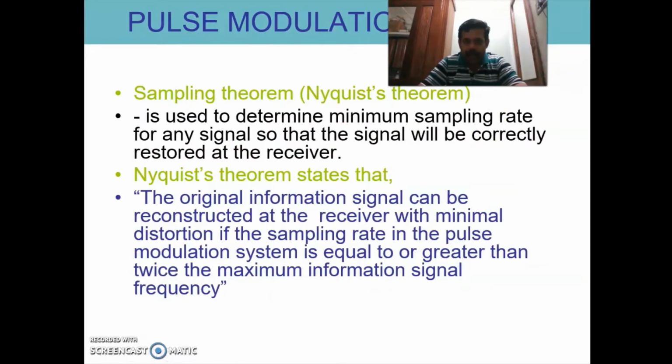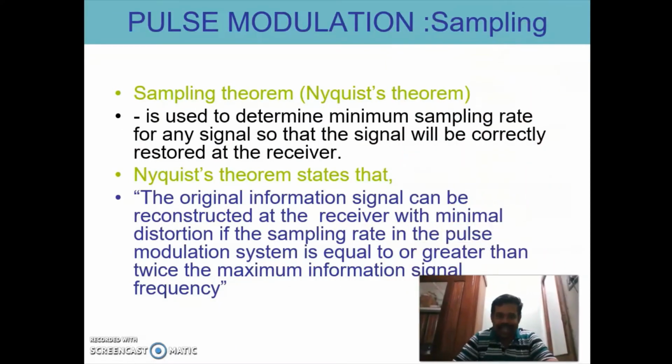Now we are going to see what the Nyquist theorem is. The Nyquist sampling theorem is used to determine the minimum sampling rate for any signal so that the signal will be correctly restored at the receiver. So what is the use of the Nyquist theorem? It is used to determine the minimum sampling rate for any signal so that the signal will be correctly restored